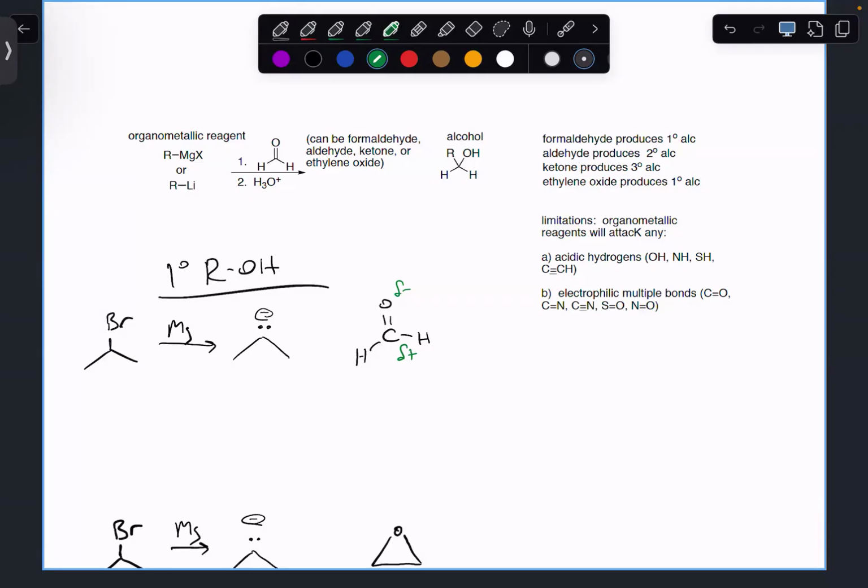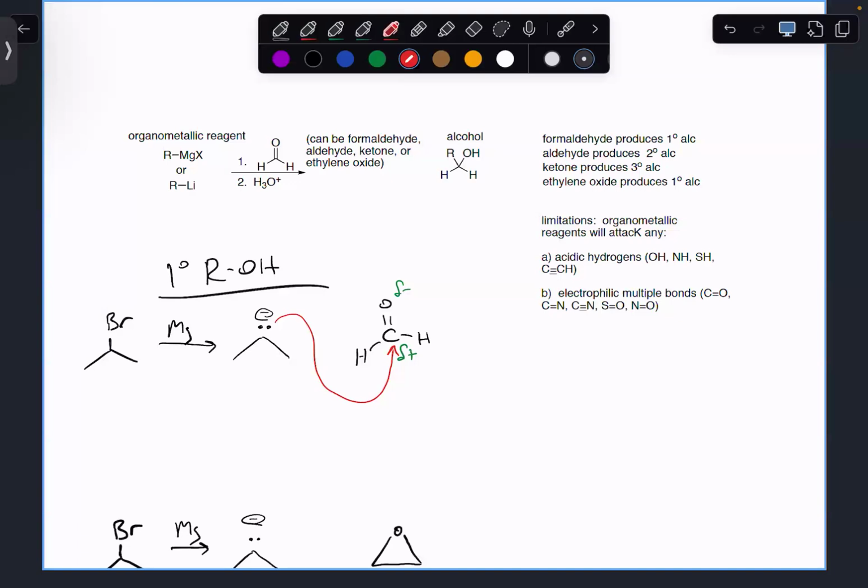And as a result, all manner of nucleophiles love to attack it. So that's what happens. Draw our arrows. The negative charge of the Grignard reagent is going to be attracted and come in and attack the carbon of